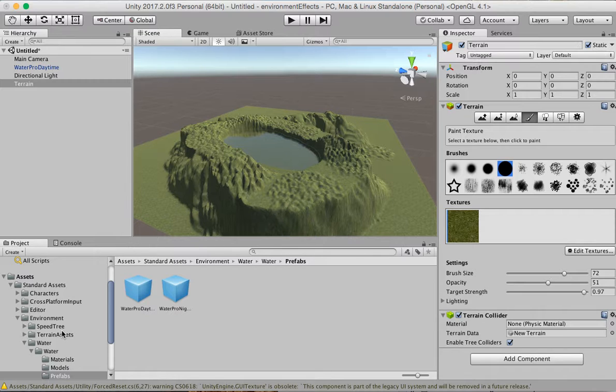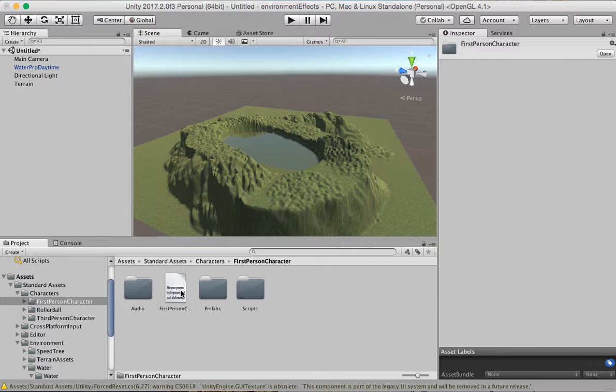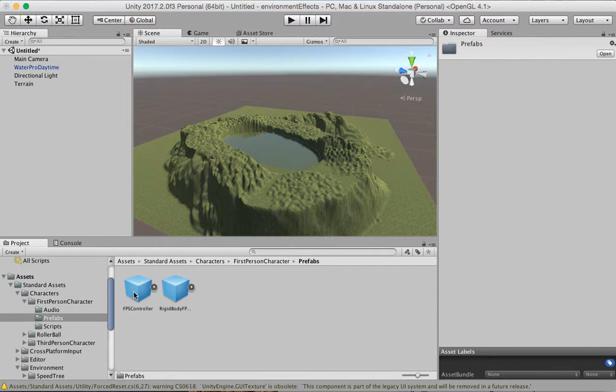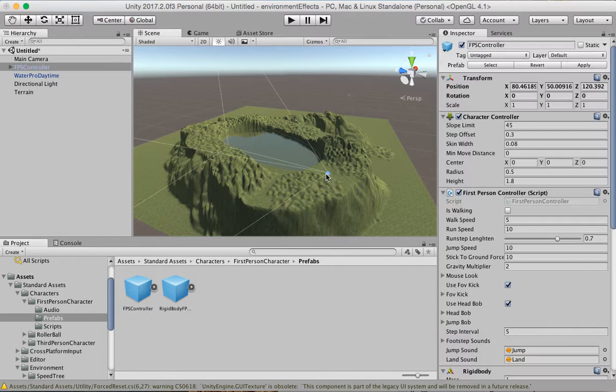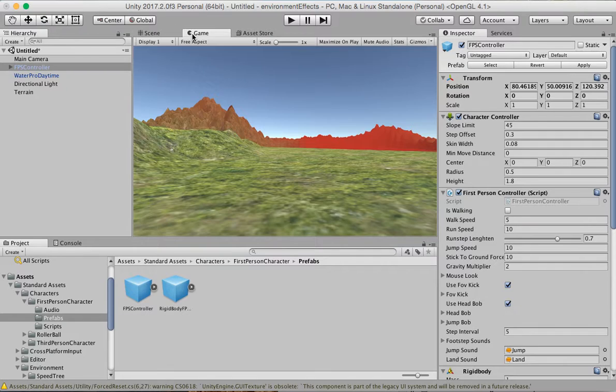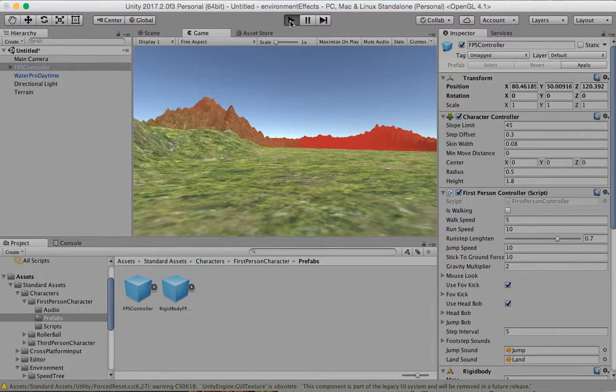Alright, the last thing I'm going to talk about is character controllers. So if I go to characters, double click, first-person controller, prefabs, and I drop that prefab onto the scene. Then it puts that character controller there. Doesn't seem like much until I hit game view, and all of a sudden, if I hit play, I can